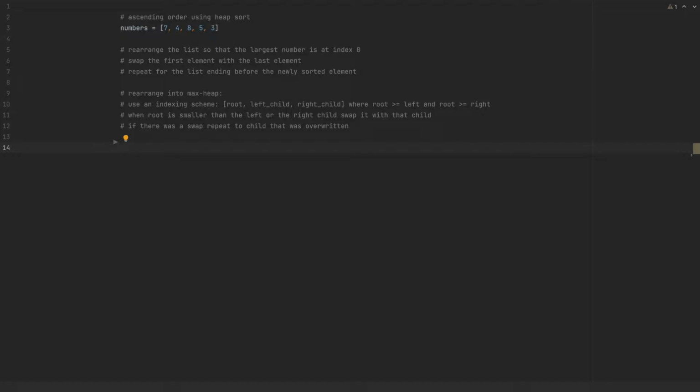Luckily, we have a data structure called a maximum heap that does exactly this. It uses an indexing scheme with three elements at play. There's a root, a left child, and a right child, and it has a property that makes sure that the root is always the greatest of the three elements. When we find that this property does not hold, we will make a swap so that the root becomes the biggest, and we repeat this whole process for the child that was updated by this swap. It might sound complicated, but trust me, it's not that complicated.